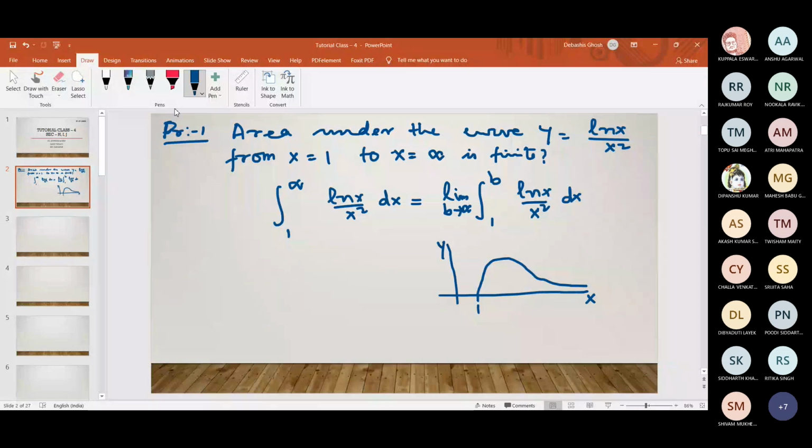So for this we are taking some finite value, that is some value b herein. Then we find the area under this curve. After getting that value, we let b tend to infinity. So that gives you the area under this curve as a whole from 1 to infinity. So after finding this value from integration 1 to b ln x by x squared dx, whether that is finite or whatever, that value will come in terms of b, then you have to take b tends to infinity. If that limit exists, then only we can say that the value of this